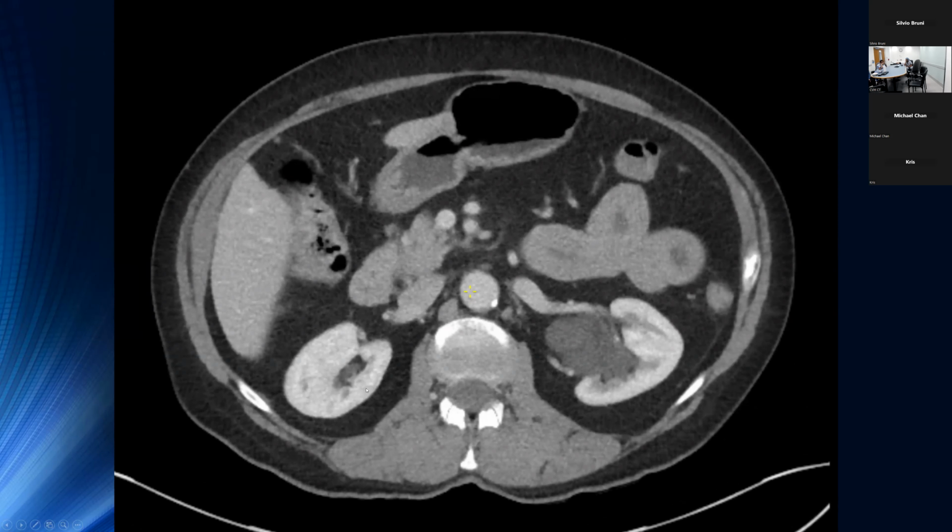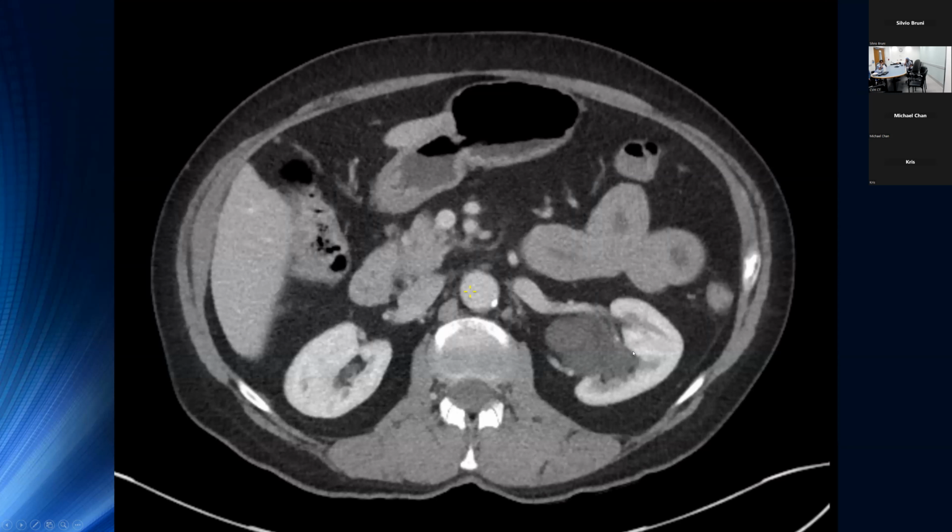And then one last case that I want to highlight, just a little bit of a mimic to be aware of. Here you see some cystic fullness of the left renal sinus fat, extending into the hilum. It looks like it may very well be a dilated renal pelvis and dilated calyces. But then we go on to our urographic phase images, and you see that there is incomplete opacification of this